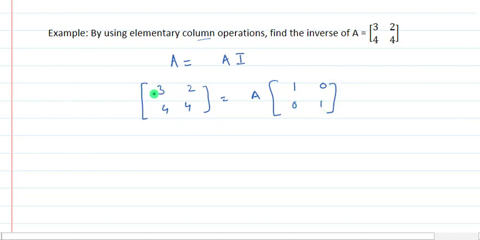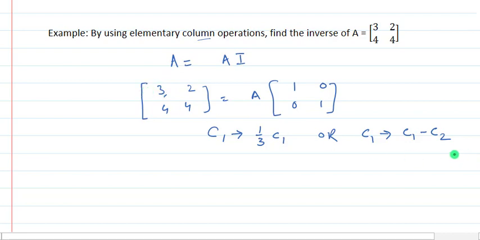The starting is the same as we have done in row operations. We need to make this element 1 1 as 1. So as we have applied in row operations, here we will apply in column operations. Now we can write this as C1 implies 1 upon 3 C1. Or you may apply another operation which is also easy to apply over here. It is C1 implies C1 minus C2, because when we subtract 2 from 3 we are getting 1 and our motive to get 1 over here will be fulfilled.